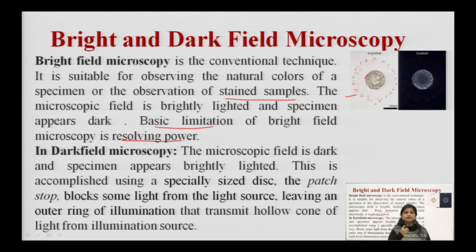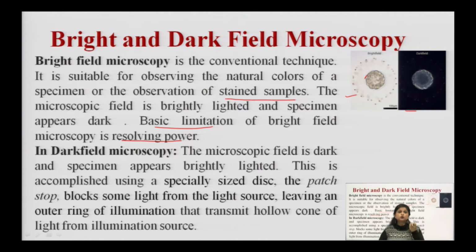So if we want to see natural or transparent cells, then we have to move towards the dark field. Scientists developed a new version of bright field, known as dark field. Now what will dark field do? Dark field is a special type of instrument in which one addition was made to the microscope: an opaque disc was added. How will the opaque disc work? In dark field microscopy, the microscopic field is dark. As you can see in this image, your whole glass slide will be dark, the background will be dark, but the cells will remain as they are.